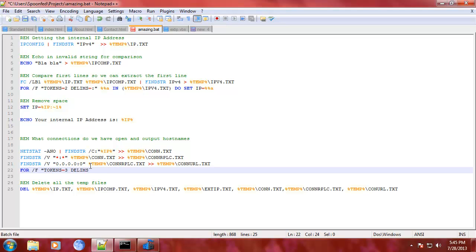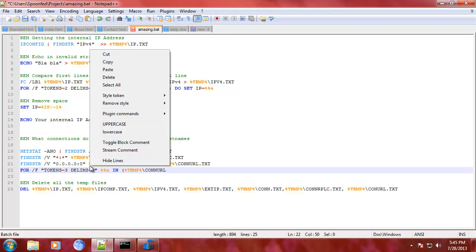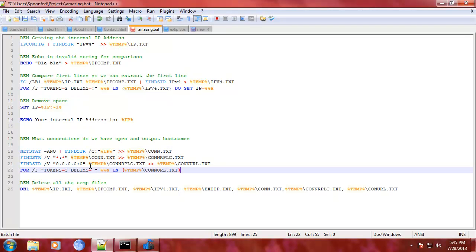and the delims equals a space, so delims equals a space like so, and then we'll say %8, and so for the variable name in temp con URL dot txt, do the following, and that is echoing out the %a into a temp text file called